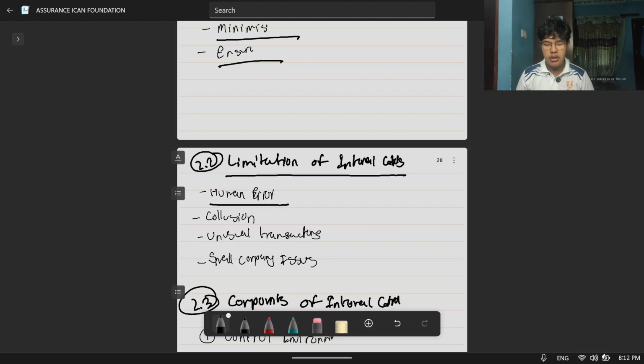Then we have got limitations of internal controls. First one, we have got human errors. Humans can make mistakes in applying the internal controls. So that's one of the limitations of internal controls. And then collusion. So collusion चाहिँ के हुन्छ भन्दाखेरि